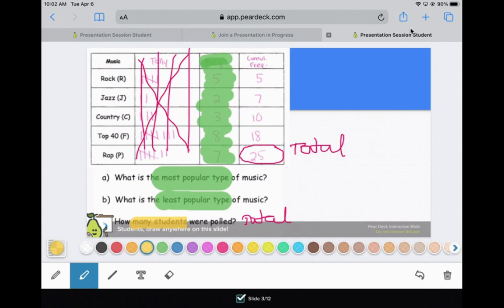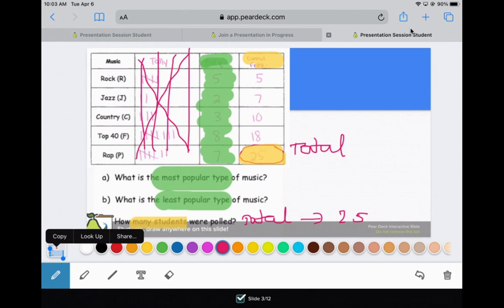So if I looked over here, we would look at the cumulative frequency and we'll look at the last number if they're asking for all of the total. But sometimes they're asking how many students were polled for the answer for country music and top 40. And then we just depend on the question and then we determine if we add all of them or just part of them. So yes, Brandon, the last question, the answer should be 25 because there are 25